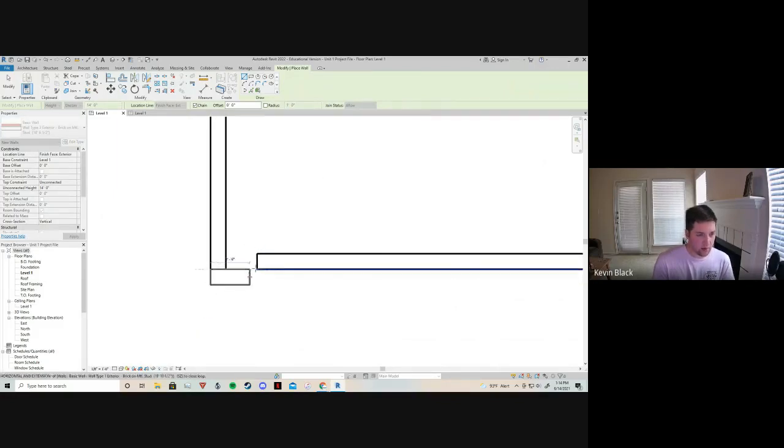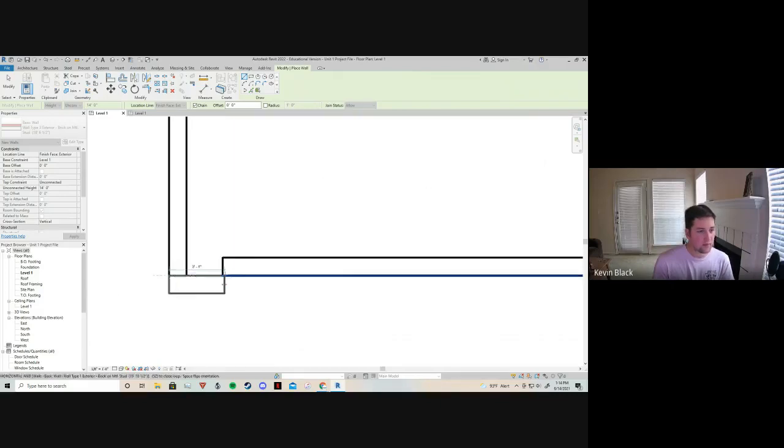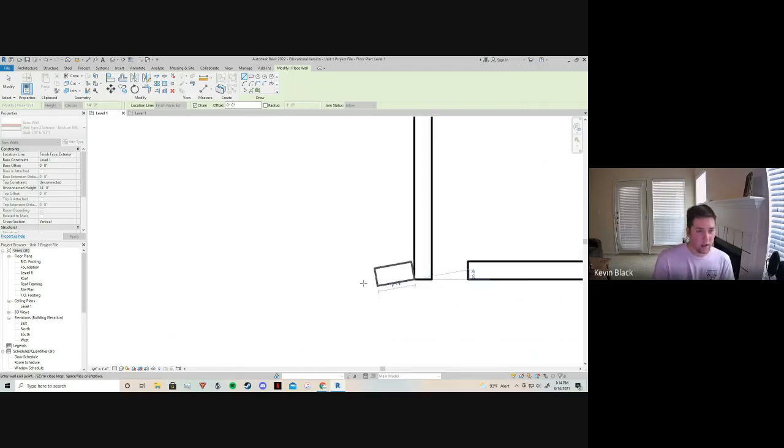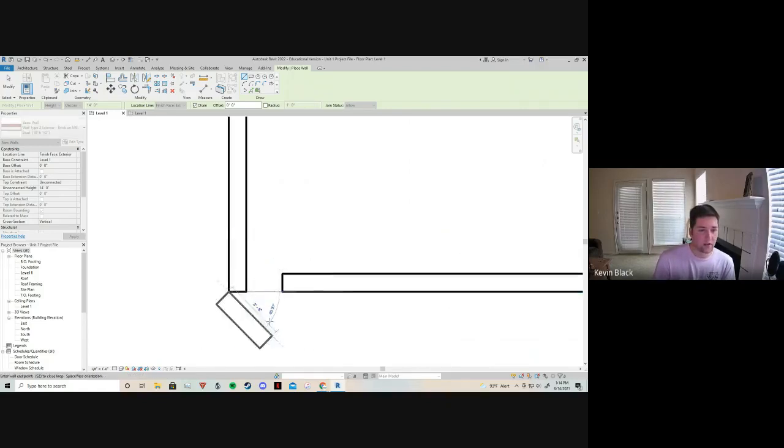And you'll see something that we're seeing right here where I still have it on that finished face exterior, but it's running the wrong way. If I go this way, like the way that I've been going the whole time, it's turning it in towards the center of the building like I want. But when I go this way, it doesn't seem to do that. If I were to hit spacebar, it's going to flip about that location line. And I'll just draw this right to the end,